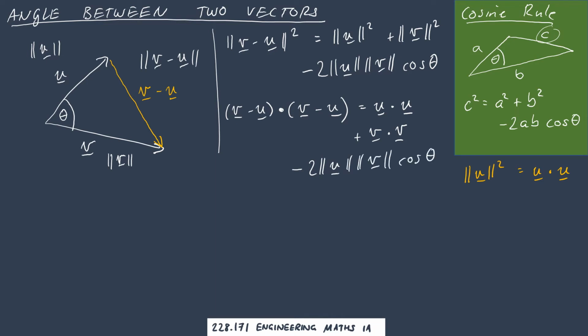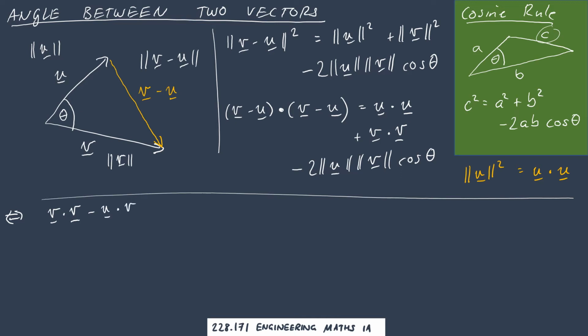Okay, this is getting a little bit cramped, so I'm going to use the full width from here on. Now, when we're working with the dot product, we're allowed to expand out parentheses just in the same kind of way that you normally would, except that all the multiplications are dot products. So on the left, this becomes v dot v, so I'm expanding out our parentheses in the normal way, v dot v, we're going to have a minus u dot v, then a plus u dot u, because it's a minus minus, and a minus v dot u